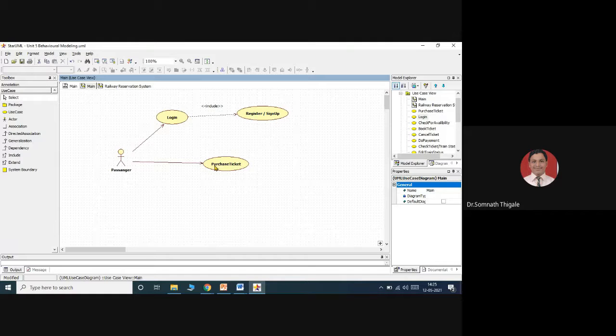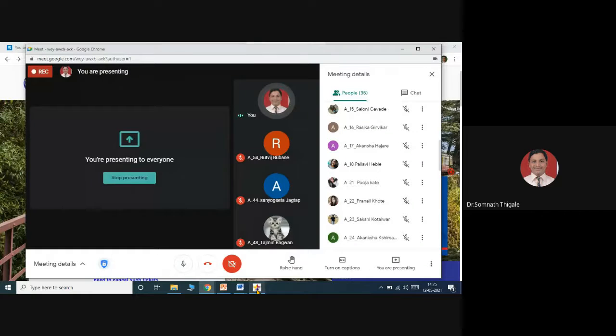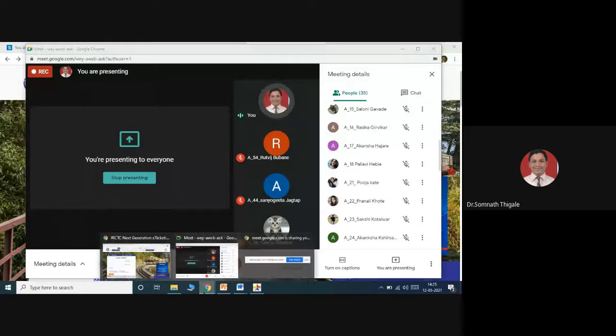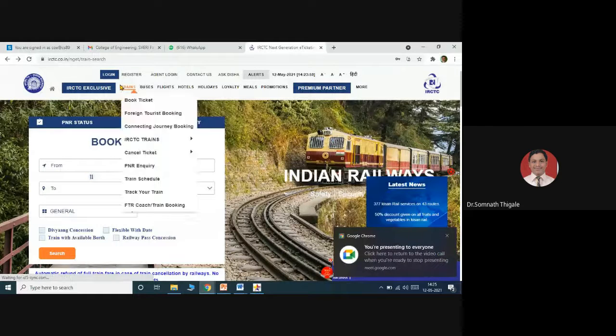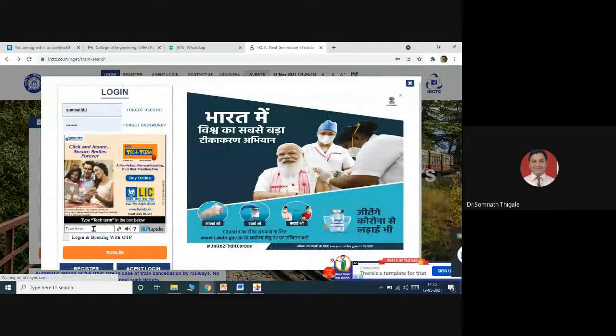Now while they are going to go for the purchase ticket, this purchase ticket has a lot of sequence of actions. So for example, I'll show you, and the same style I will represent in the diagram. So for example, I will consider here login. So I'll just enter the captcha.